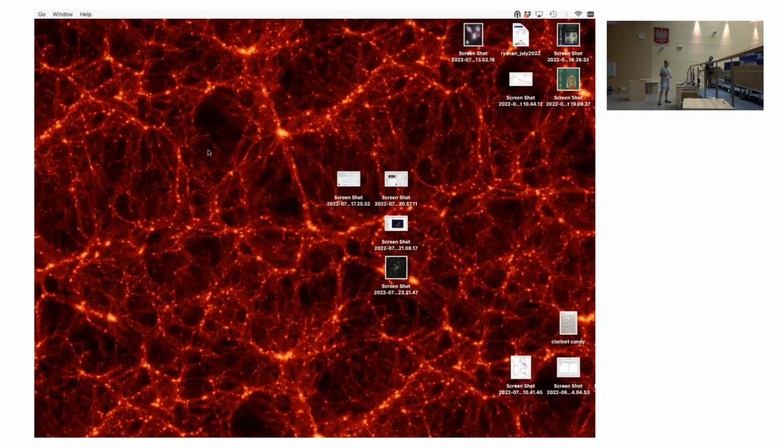Good. My wallpaper happens to be a simulation of the large structure of the universe. What you see are dark matter halos, the most massive ones are 10 to the 15 solar masses, and in the voids it looks like there's nothing, but actually there's still some, even in here, the density of dark matter is perhaps 30% of the average of the universe. But it doesn't contain any dark matter halos that can be resolved at the limit of the simulation. So a lot of the signal that you see comes from the more massive halos, 10 to the 12, 13, 14, 15. But even if you took those away, about 30% of the signal would still come from these